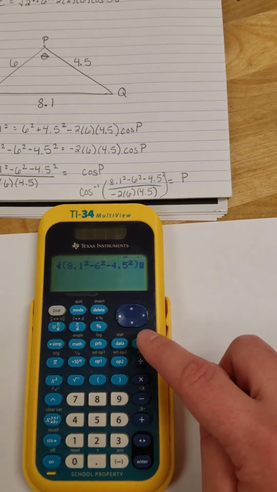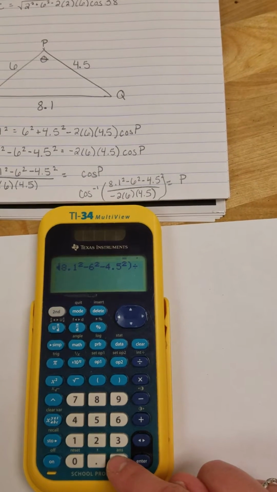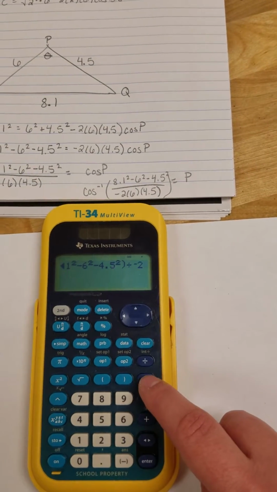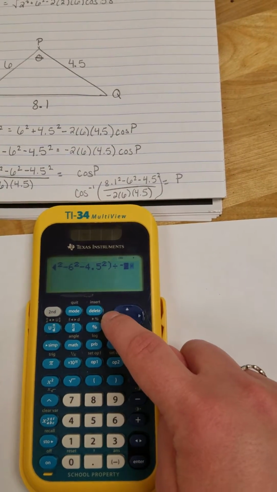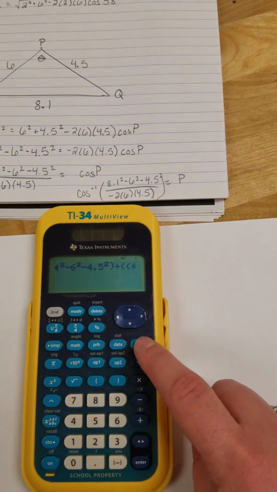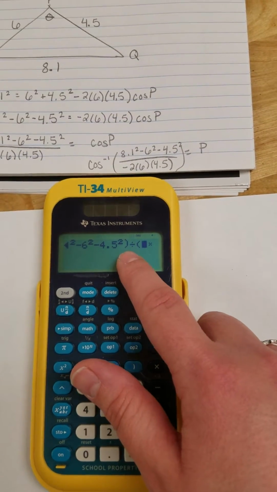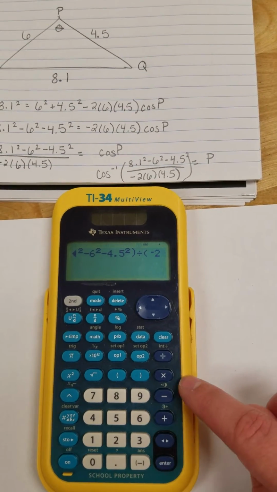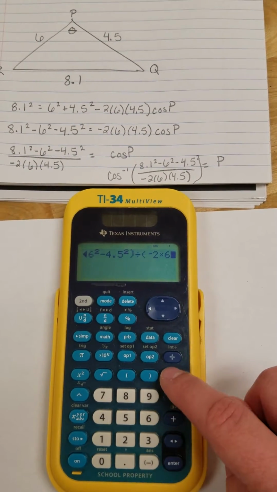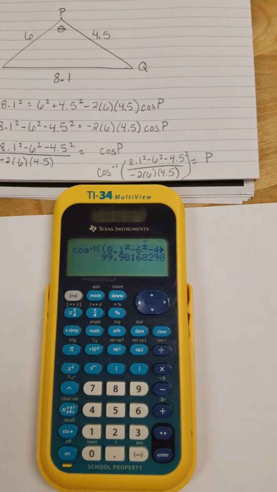So I have to close my parentheses because that was my numerator, and now divide by negative 2 times 6. I'm going to put parentheses around the denominator as well. I forgot to do that, so I went back. So there's my numerator, close parentheses, divided by my denominator. So negative 2 times 6 times 4.5. And when I hit enter, I get